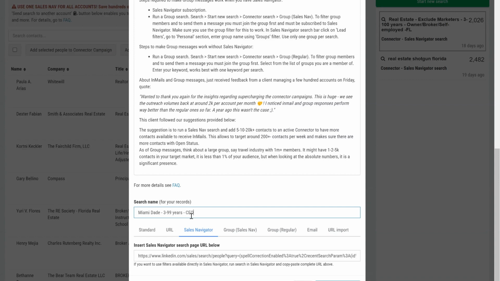So I try and be very specific inside of here so that I know what I'm looking at and I can test my results based off this as well. So now after I do that, I'm going to go ahead and click Add Search Task. So this is going to start creating a new campaign for me. Now I'm not going to do it because it's going to take a little bit of time, but that's what you would do. You click that, and it's going to start creating a search result for you.